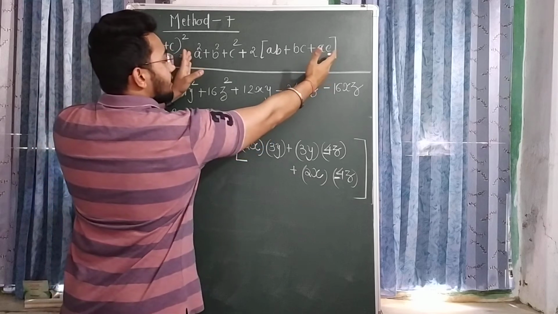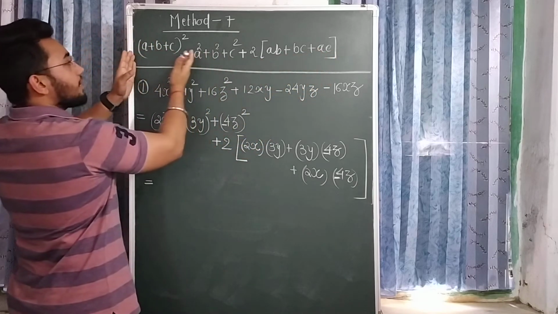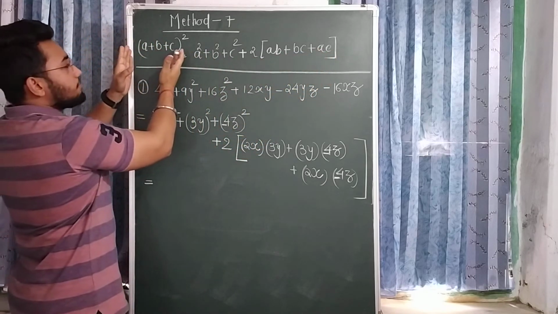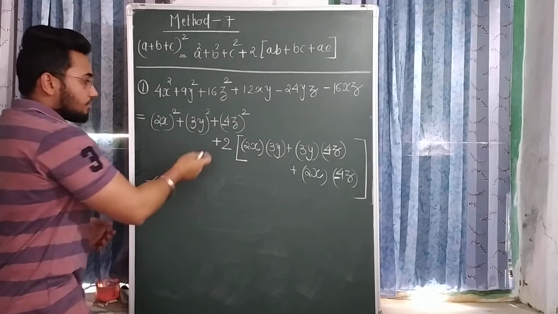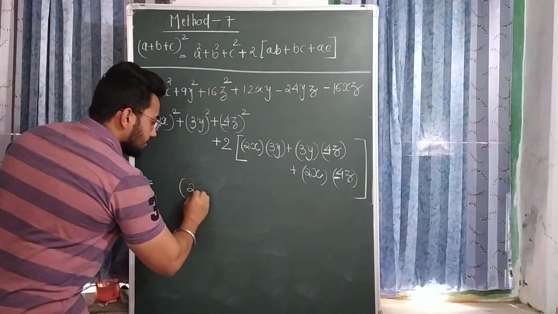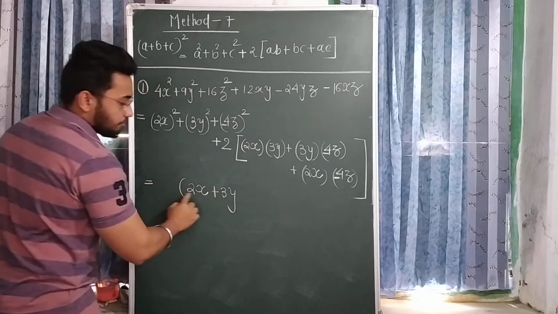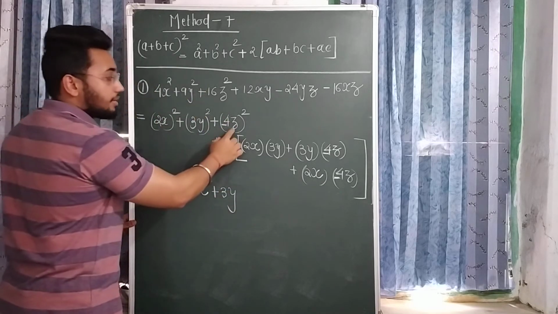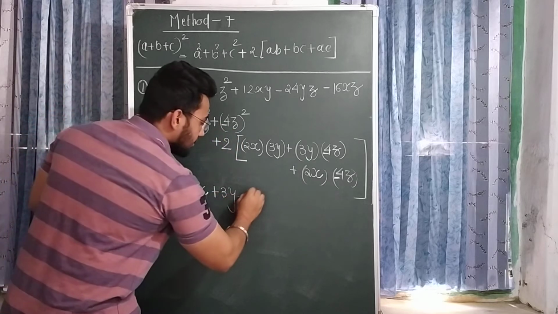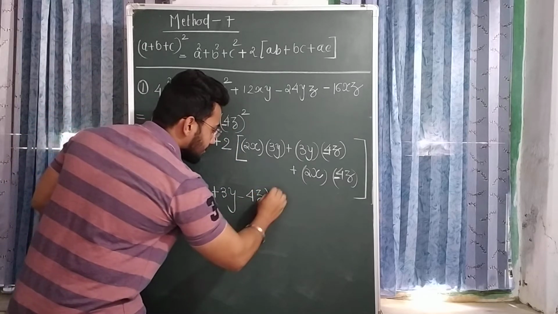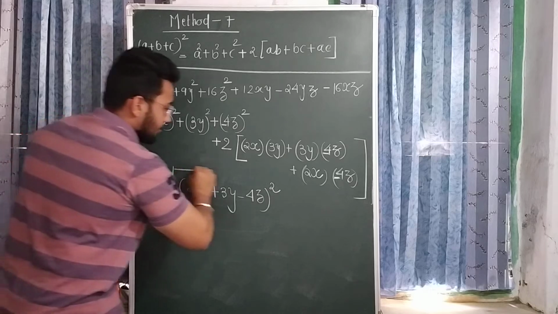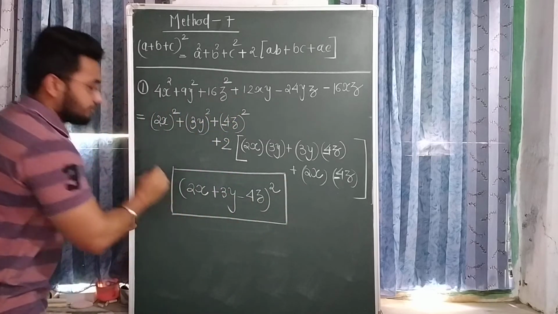और ये सारे के सारे जो इक्वेशन है उसको कॉन्ट्रैक्ट कैसे किया गया है? A plus b plus c the whole square से. So I just contract this. 2x plus 3y, a plus b plus c. But actually c is a negative. Then minus 4z the whole square. This is your answer. Okay.